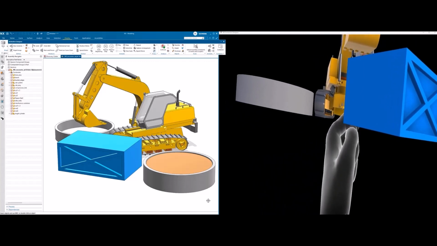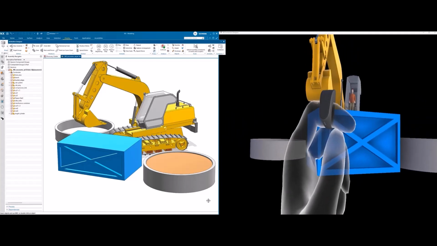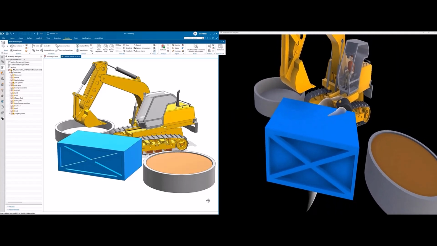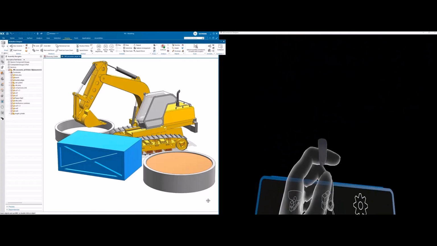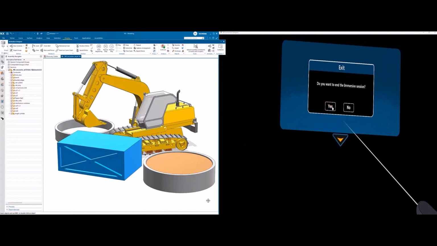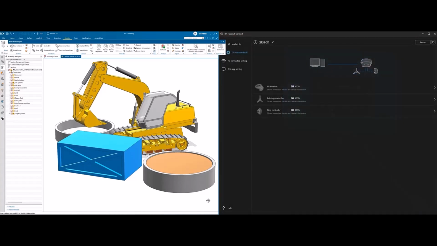In conclusion, I have demonstrated the ease of using NX Immersive Engineering in the context of Animation Designer, both in desktop mode and within a Sony headset, and was able to activate the motion within the immersive environment. For the proposed engineering design change study, I was able to be in the excavator and view the movement of the cab, which gave me additional viewing capability that I was unable to get without the immersive engineering environment.